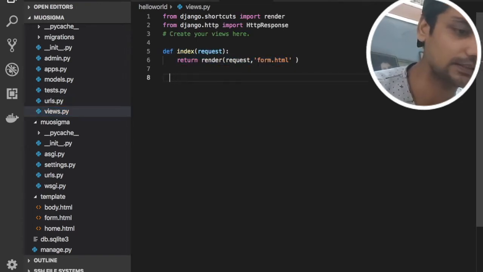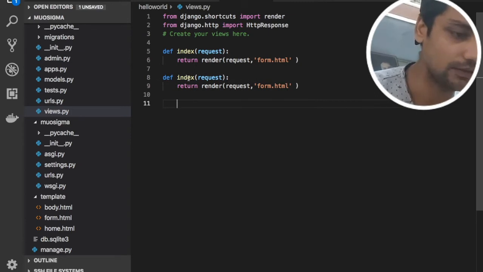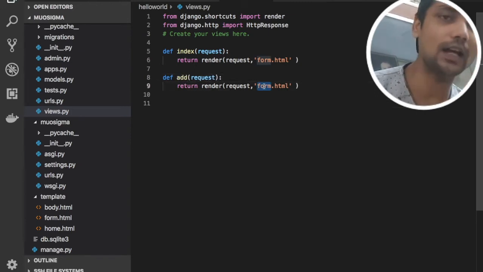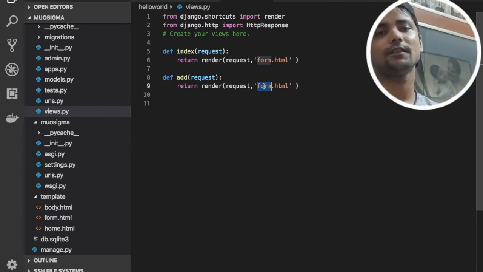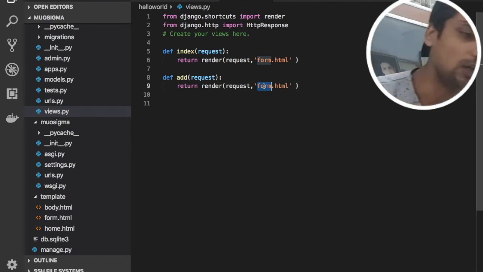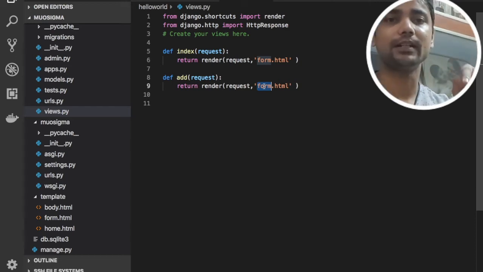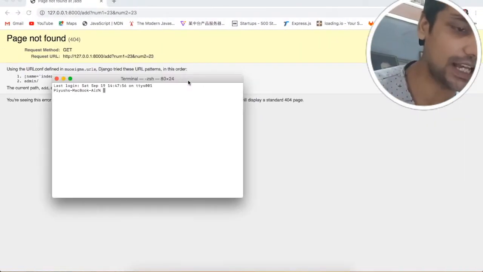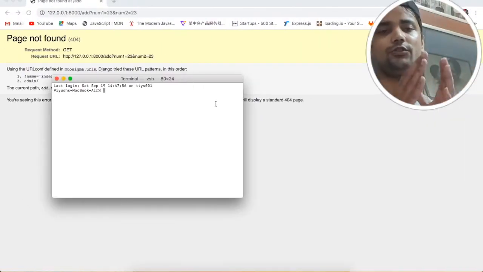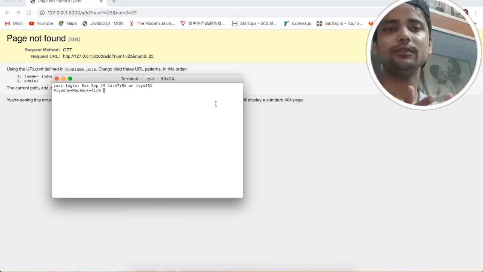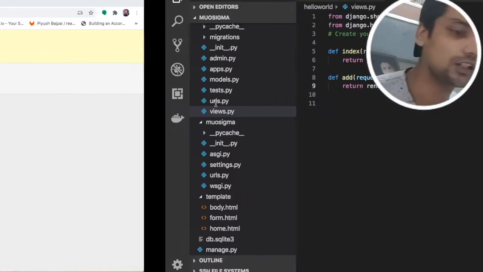Let me copy this and put it like this. We will create a function called add, and we will call a separate HTML file, because when you click on the add button, you should get a different page where you will have the result, right?